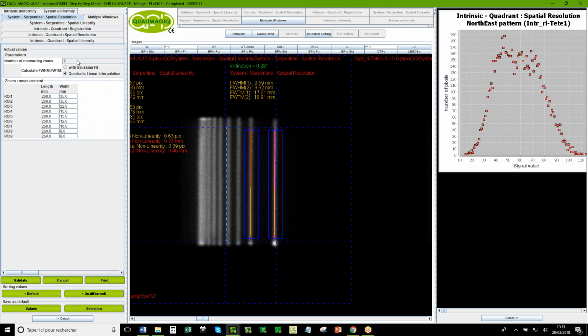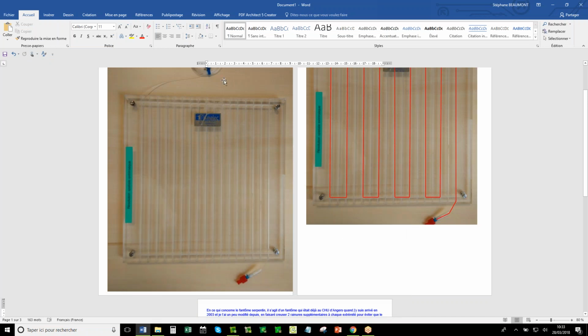Of course, you can have 9 different lines if you want, but not more. Here they have 15 lines. You need maybe 5, it's enough.